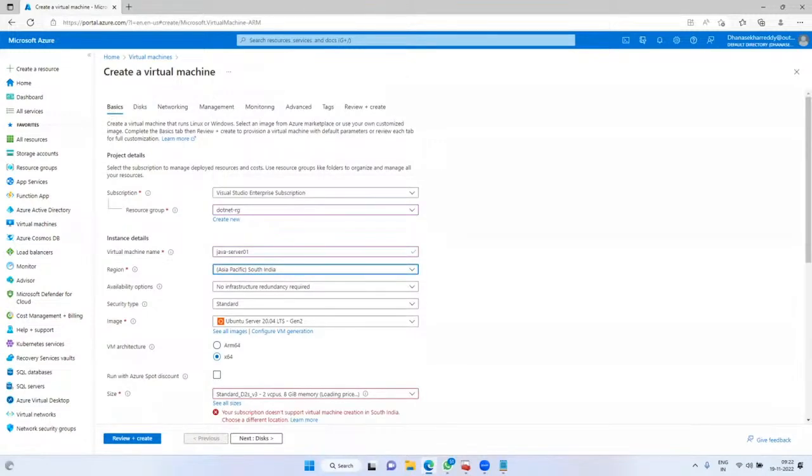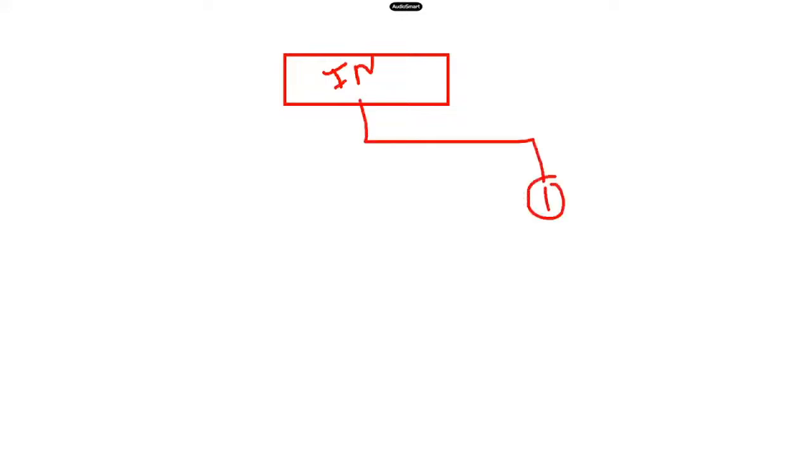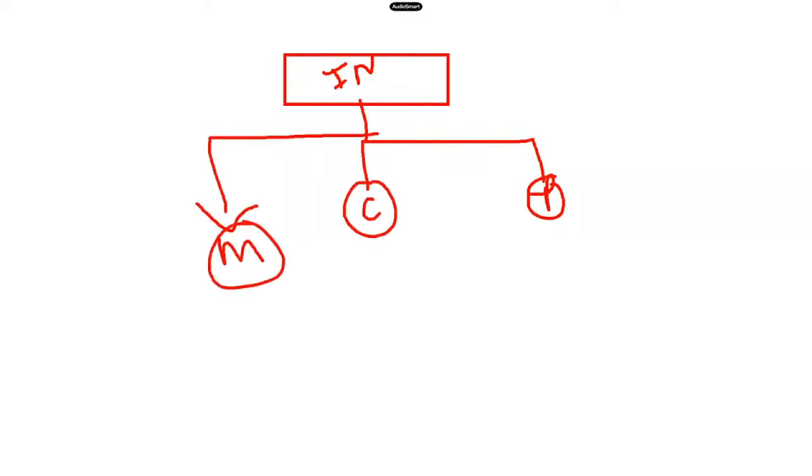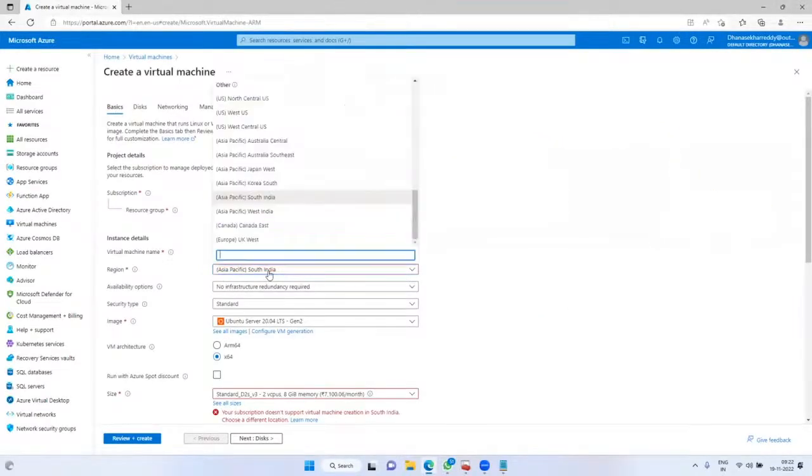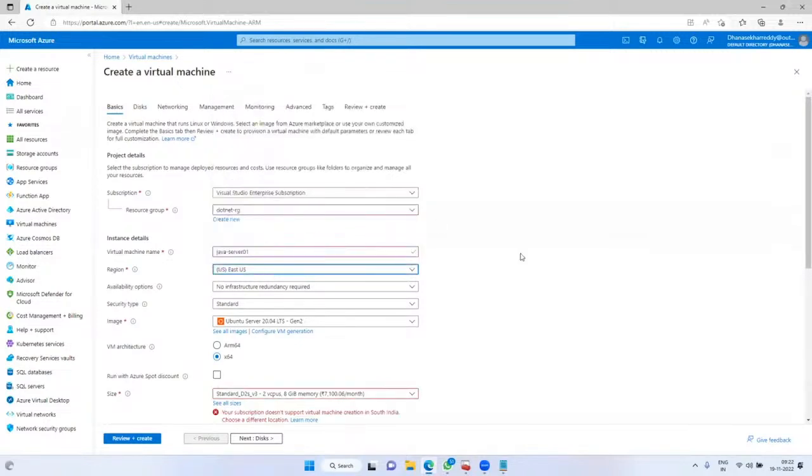As you know, I already mentioned this point in the last session. In India, Microsoft Azure has 3 data centers. Where are they, guys? One is in Pune, Chennai. The other one is Mumbai. 3 data centers are there. In Hyderabad, they are establishing one. Maybe it will be complete by 2025. Next, I am choosing East US itself.